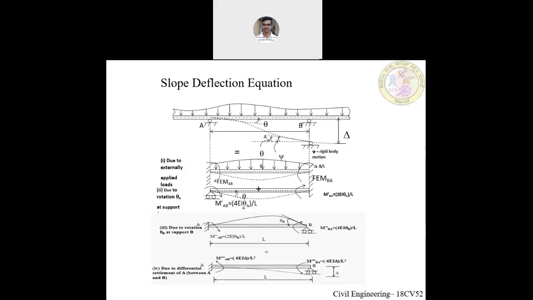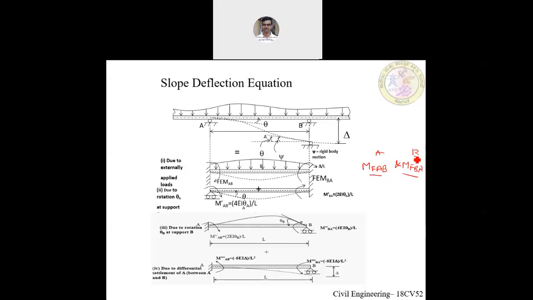and we will finally calculate the total moments which are acting at the ends. Due to the externally applied load, because of the fixity, there will be a bending moment which gets generated, fixed end moments at both the supports. We are calling that the fixed end moment. I will take that as MFAB and MFBA,